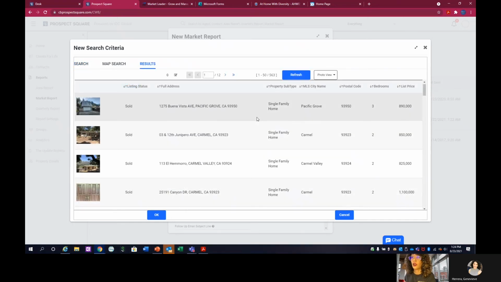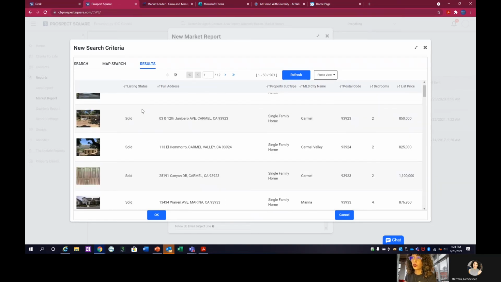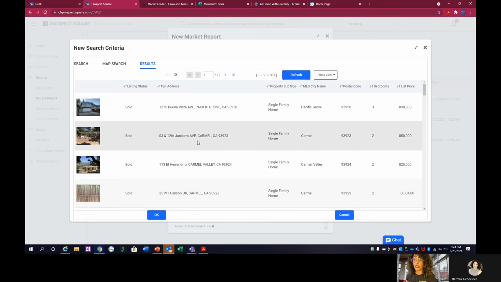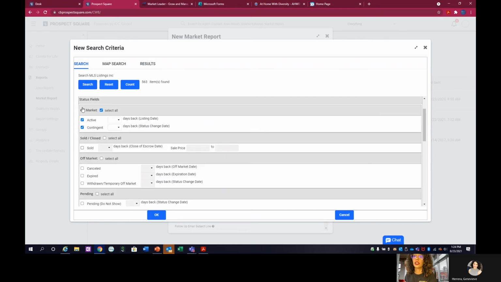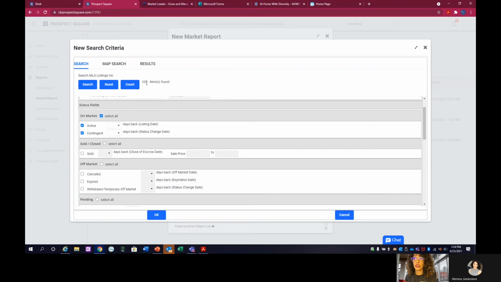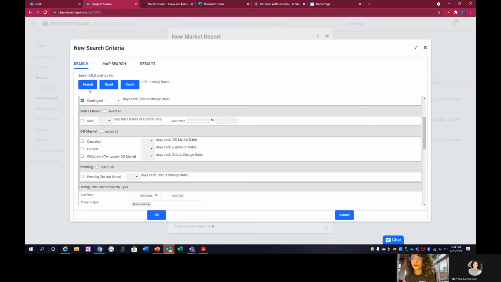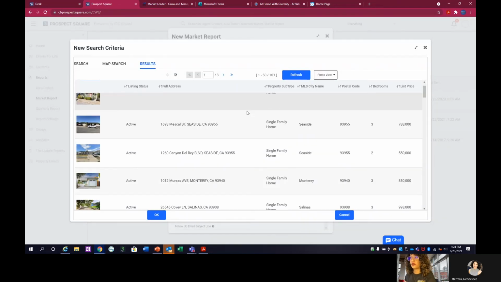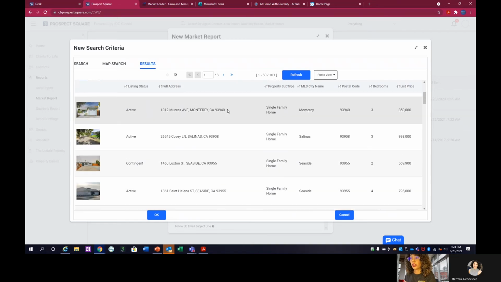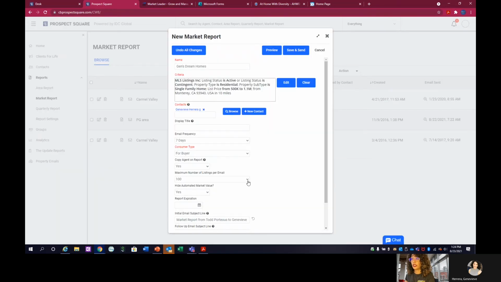Now we could come down to see more specifics. You could do bed and bath. So here we go. It has all the properties that you could think of. It has the sold, so if we want, we could come in here and not include solds. So let's delete that, and now continue. Now it's going to move it down. So now it's only active and contingent. Hit search, and now we'll be able to see what's active right now or contingent within the market and set it off. So now we hit OK,